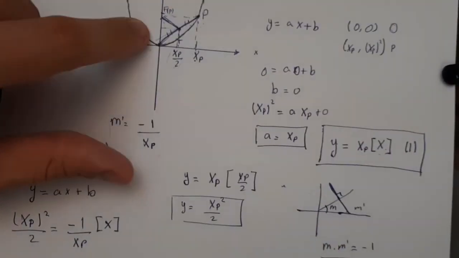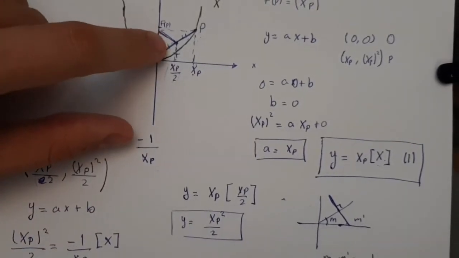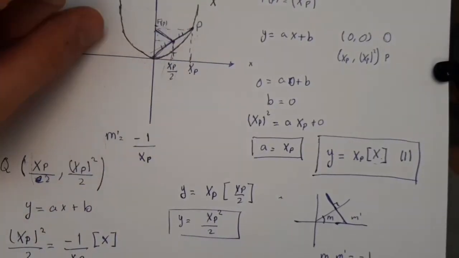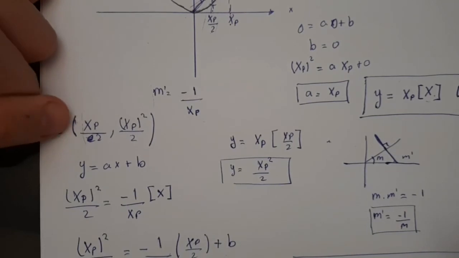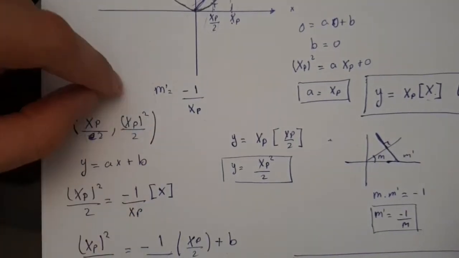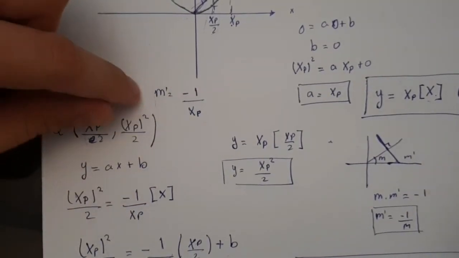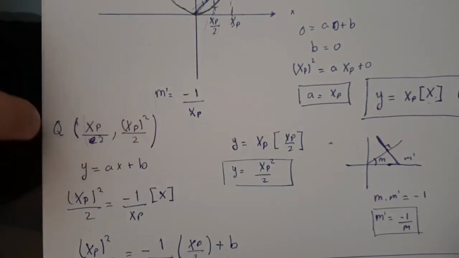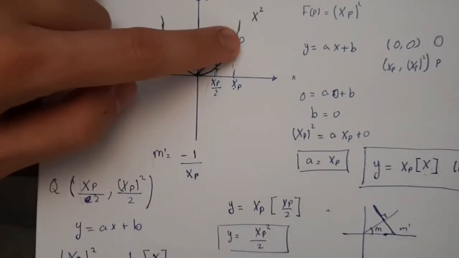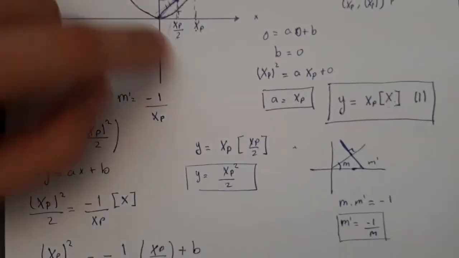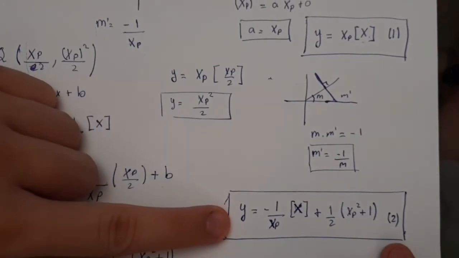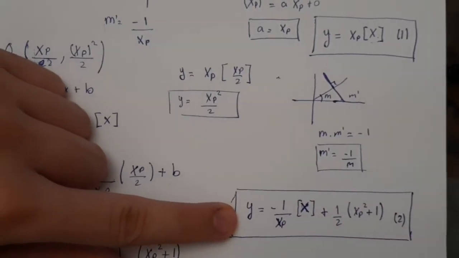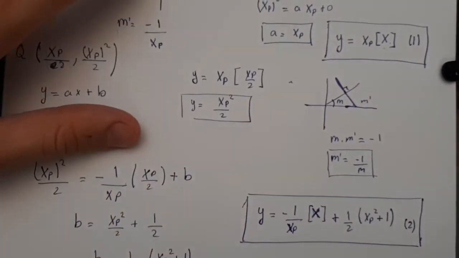Now, how do we know it passes through the median point of AP, as the question told us? Because we made this second condition over here, using this point that passes through the median. Using these 2 points as these 2 pieces of information, as it is perpendicular and it passes through the median point of this line, we made a line. We made this equation. So this is the equation that he is asking us, okay? So